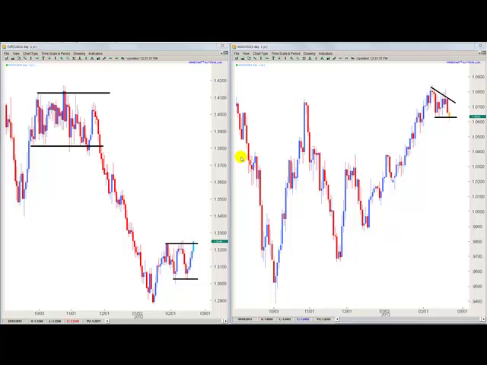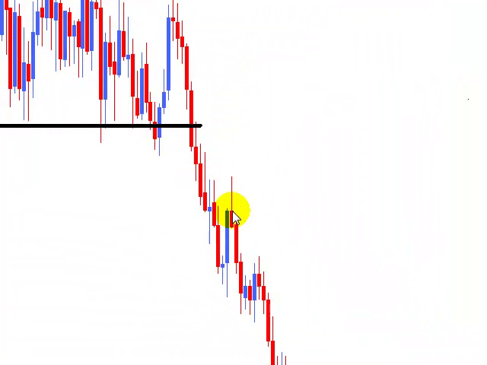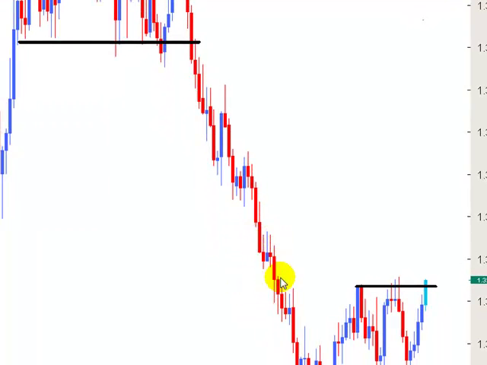Hi, folks. This is Sean Hyman, and I wanted to talk to you about high probability, low risk trades and how to find them. When a trend is really heading one way, whether up or down, when it starts getting